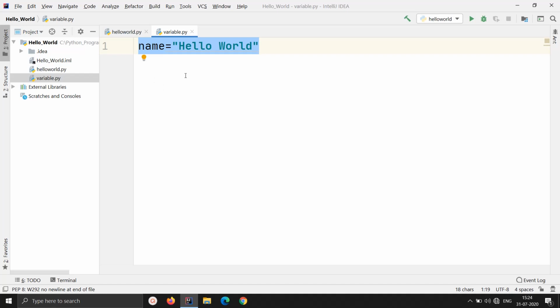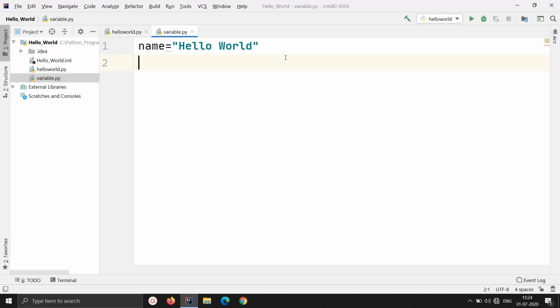We have not declared the type of the variable. What we have directly done is we have written the data that we wanted on the right hand side, and on the left hand side we have given the name by which I am going to use the data, and that name, or the variable, we are calling name. And it will be used in the program. Okay, so how can we use that variable now?